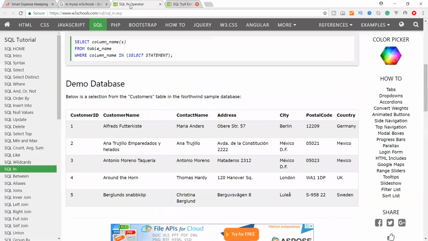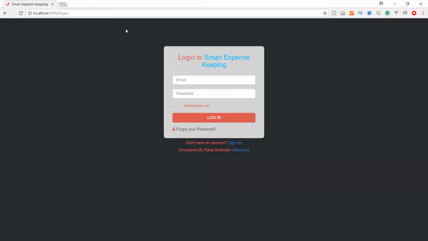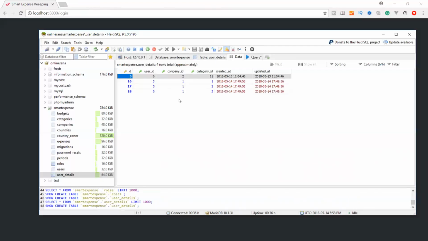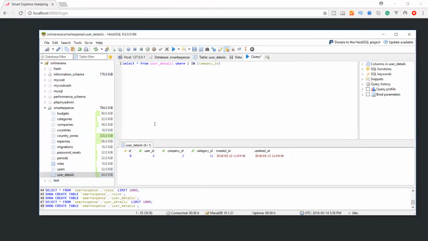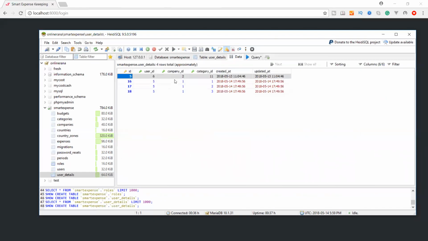Okay, let me close it, and let's come to our HeidiSQL in the user details. So I have a query. Let's write our query first. Okay, where is the data? So this is the data.